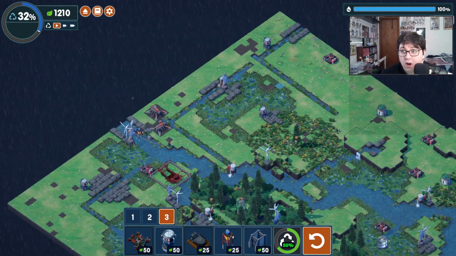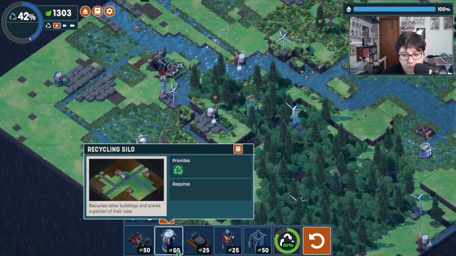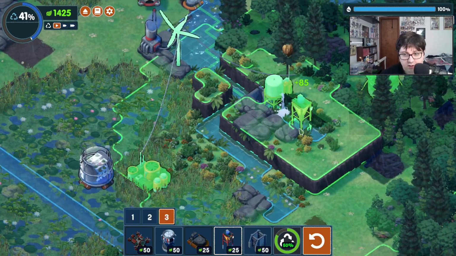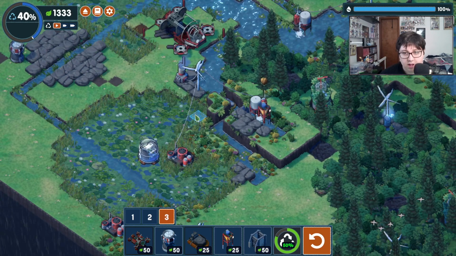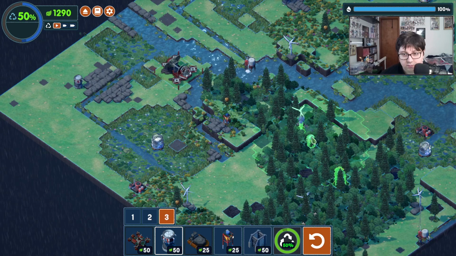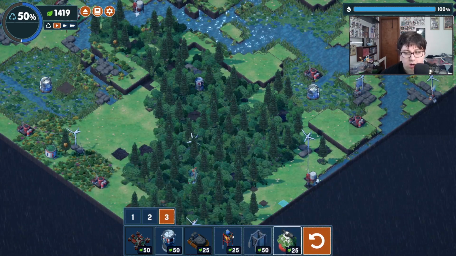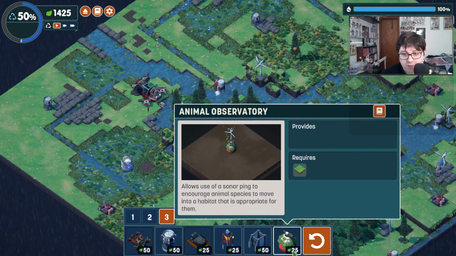So we're at 100% humidity, so we're not getting any more humid anymore. Now, for them to get up here, we need to build this. And this will recycle everything. They will go up, they will collect. Alright, we're at 50% recyclable. Alright, Animal Observatory